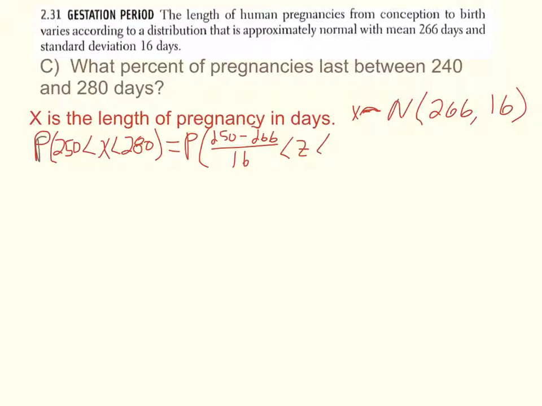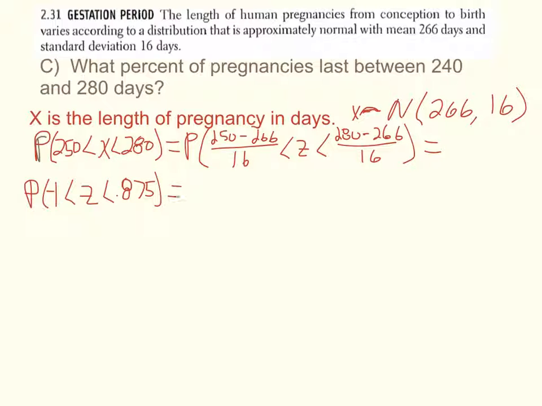So Z has to be greater than that and less than 280 minus 266 divided by 16, which is equal to the probability that Z is greater than negative 1 and less than 0.875, which, since we're looking for an interval, is equal to the probability of Z being less than 0.875 minus the probability of Z being less than or equal to negative 1,